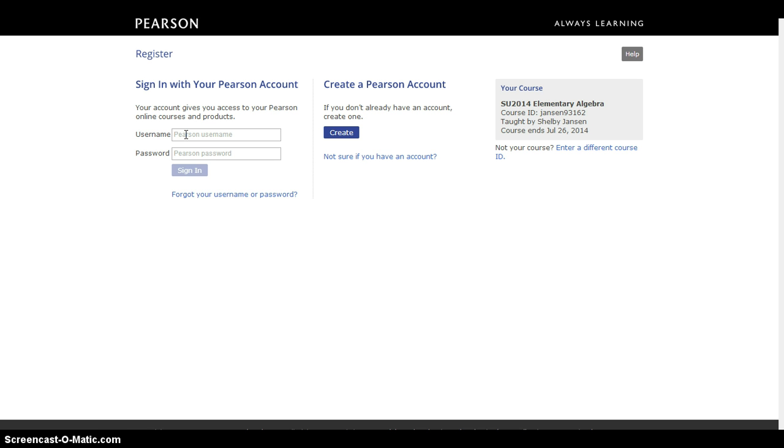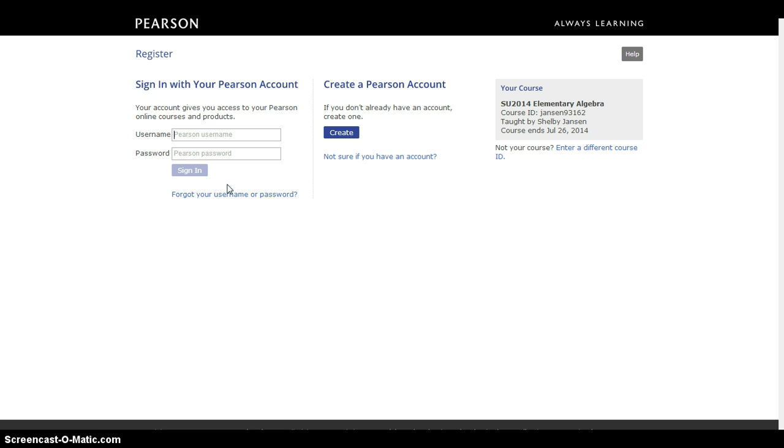And again, if you do not recall what your password is or even what your username is, it'll probably ask you for an email address. And most of the time, students, when they set up their accounts, use an email address as their username. So if you're trying to log in and it's not working, try an email address that you may have used to log in. So once you sign in or create an account, then it's going to take you to another